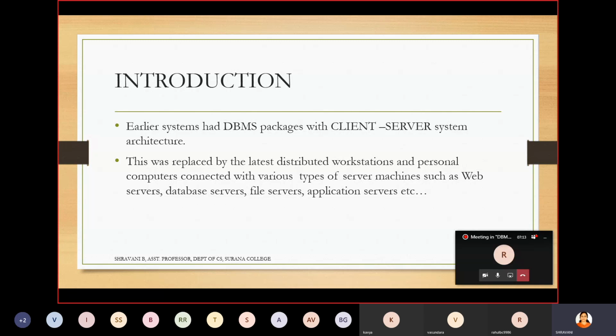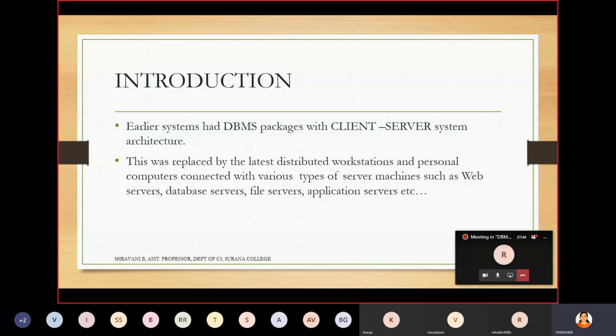So this was done in the earlier form of DBMS, but as time went on, the latest distributed workstations replaced the old client server system. In these distributed workstations, the personal computers were connected with server machines like web servers, data servers, file servers, application servers, and so on.